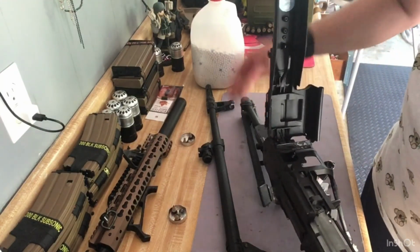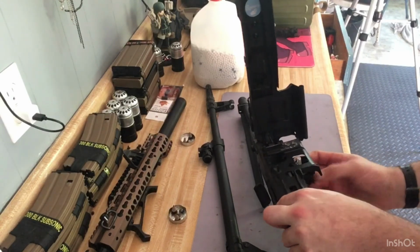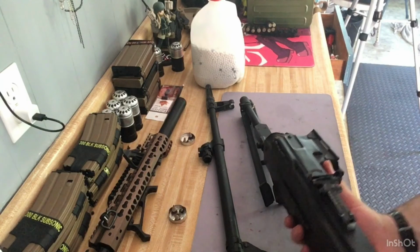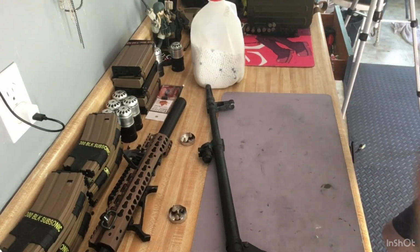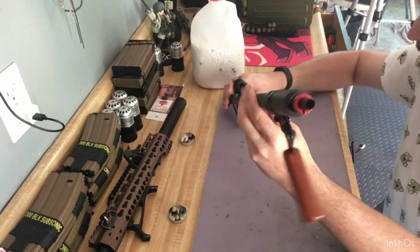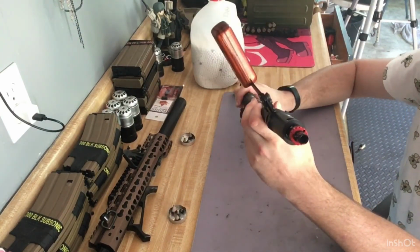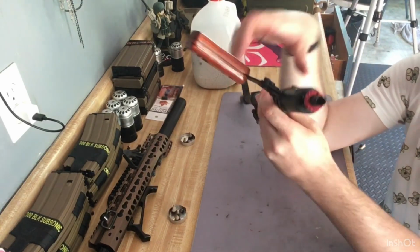Now we can go ahead and lay most of the body of Rasputia to the side. She can relax for a little bit while we take a look at her barrel. Alright. So what we have here is the PKM's outer barrel with carry handle attached to it. And we have the Bull Gear hop-up right here,